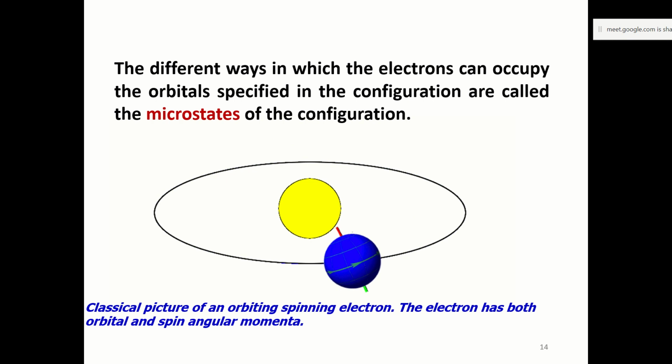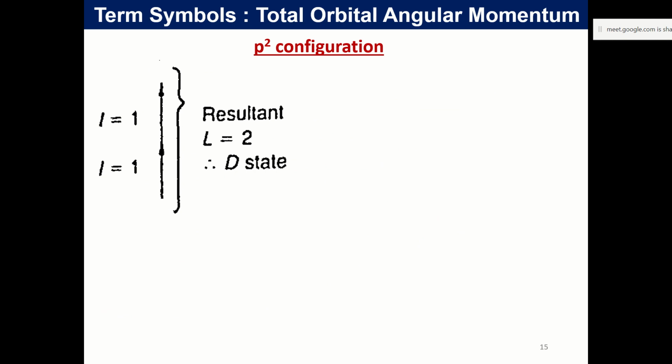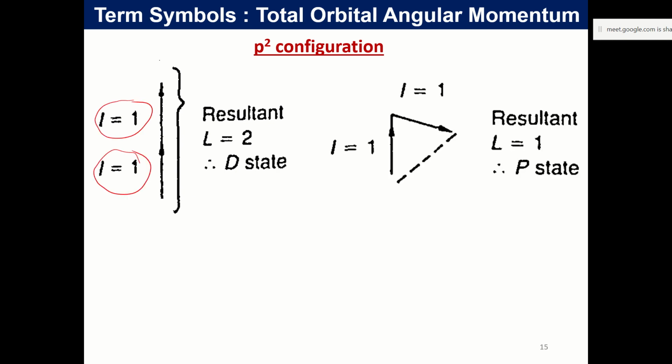the angular momentum of one electron and the angular momentum of another electron both start interacting, and that's what we know as coupling. It's just like a vector addition that you do. So two electrons with L equal to 1 can add up like this. This is one possibility. Two electrons with L equal to 1 can also have the angular momentum vectors